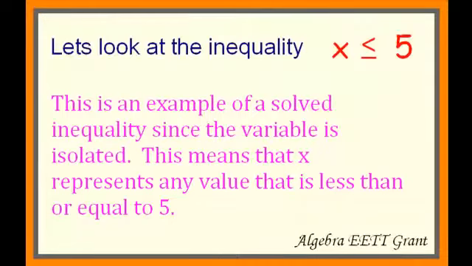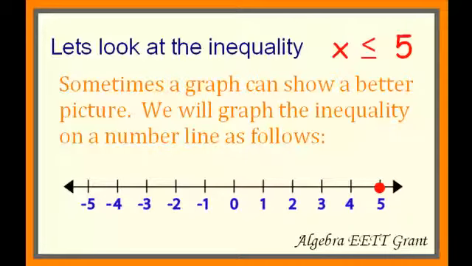Now let's look at a couple of simple examples just to make sure we understand, such as x is less than or equal to 5. Now this is already solved, so we know that x is any value less than or equal to 5, but graphically really helps us out to see exactly what that means. So if I draw a number line, the point that's really interesting that we must use is at 5. Now notice the dot is colored in. Why is it colored in? Because we have that equal to with our inequality. Now less than means any value smaller than 5 or to the left of 5. So any number 4, 3, negative 5, any number to the left of 5 is part of our solution